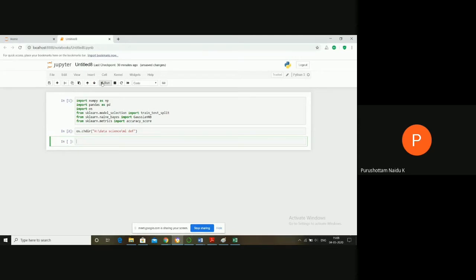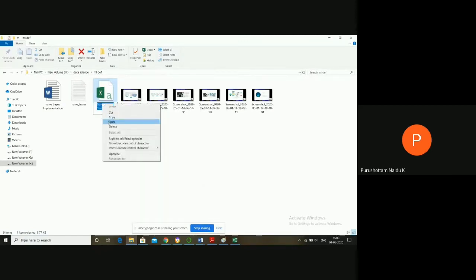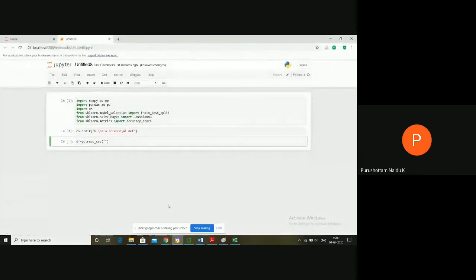The next step is to read the data. For example, the data frame name is taken as df, equals pd, the pandas instance, dot the method read_csv. We just have to write our data set name, naive bayes classification data dot csv.